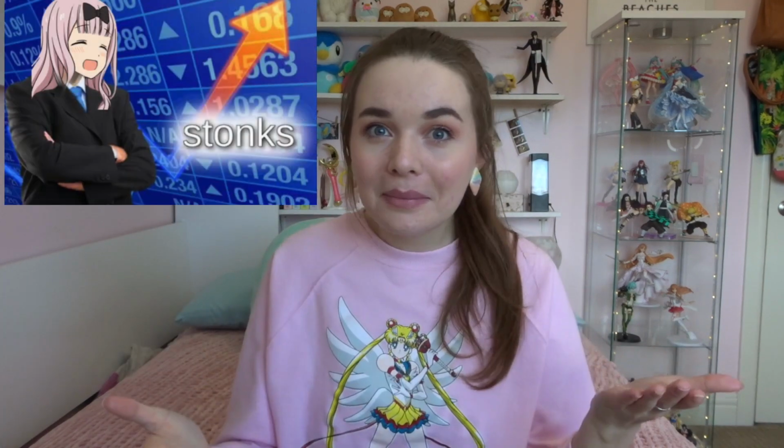And it's not like you're getting a hugely different scaled figure, right? The larges are 240 millimeters, and then the XLs are 400. So you're not even getting double the size of the figure. Do you know what I mean? Make it make sense. Like, the size of the figure that you're getting in the XL as compared to the size of the figure you get for the large, and comparing your prices like that,